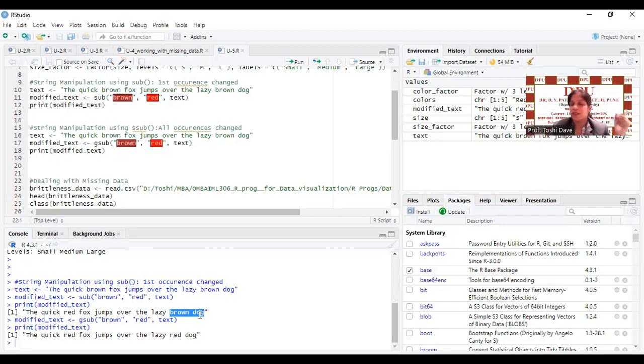The sub function deals with the first occurrence only, and for the remaining occurrences, it won't work. But if you want to deal with the remaining occurrences, then you need to use gsub. Clear? So this is also part of your data processing. Hold on. It is not double S, but gsub. Okay. So clear? Any doubt? Okay. Now,